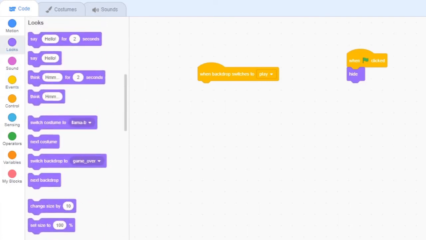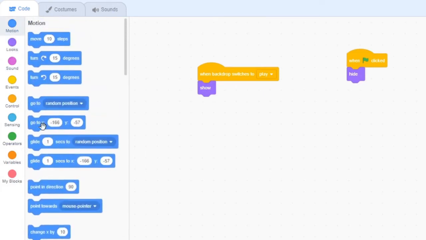Okay, but now let's get to the matter. When the background changes to the play background, this elk butt has to start running across endlessly. First thing it has to do is show itself, because remember, it was hidden at the end of the green arrow event. If you remember from the last lesson, the Cartesian coordinates bit, negative 240 is the left-hand side of the